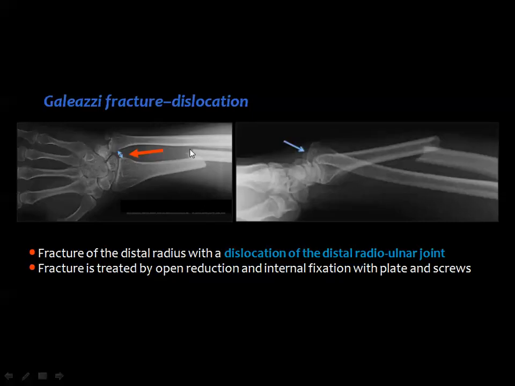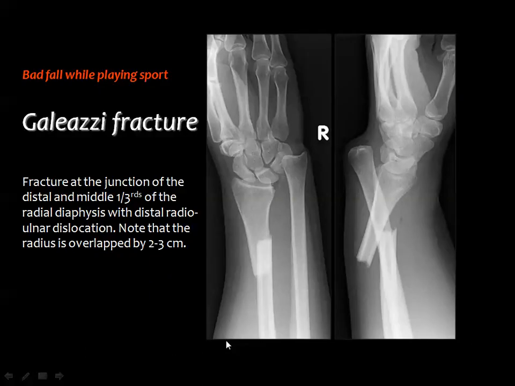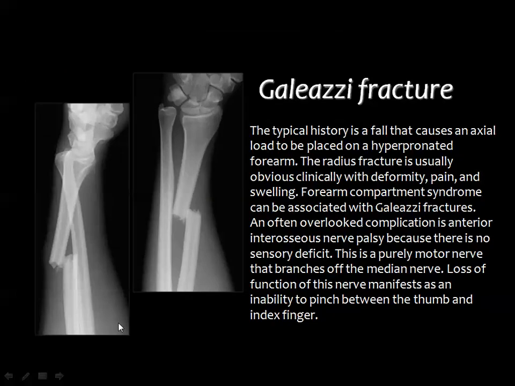The radial shaft is fractured and the distal radioulnar joint is dislocated. And this is a good example. You see the radius, there is a fracture with overlapping edge with disruption of the distal radioulnar joint. You see the ulna is far away from the radius. This is also another example of Galeazzi fracture with involvement of the radial shaft and the disruption of the distal